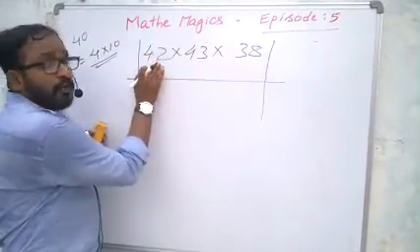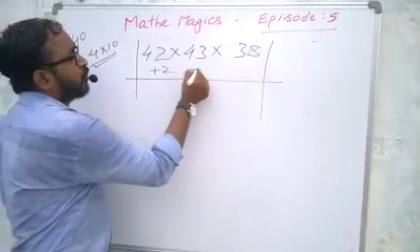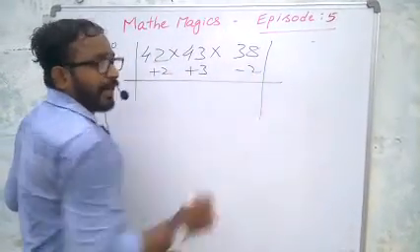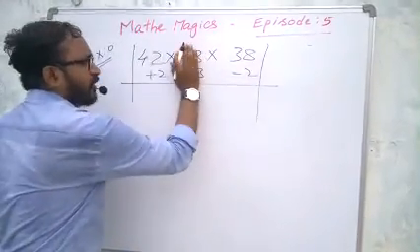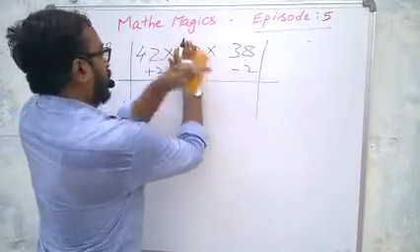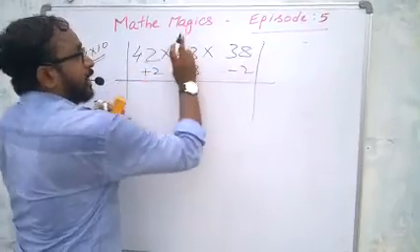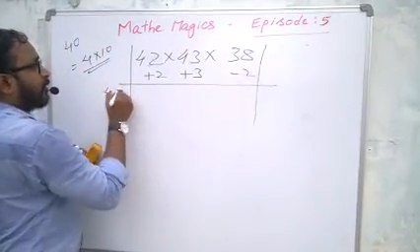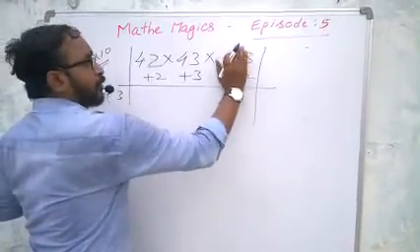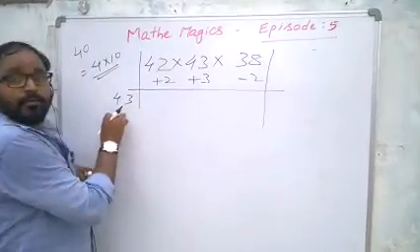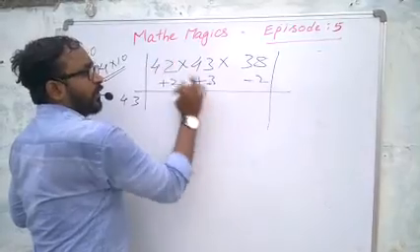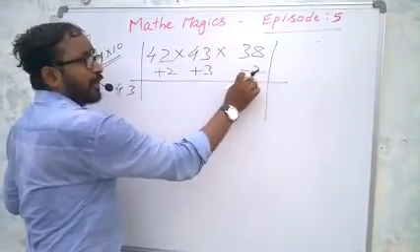Here it is more than 40. That is why here write plus 2. Here plus 3, here minus 2, as usual. And now close any one. If we close this one, we have to add these two numbers. Plus 2 minus 2 becomes 0. Add 0 to the 43, we'll get 43 itself. For example, if you close this one, 2 plus 3 is 5. Add 5 to the 38, we'll get 43. If we close this one, add these two numbers. Plus 3 minus 2 becomes plus 1.